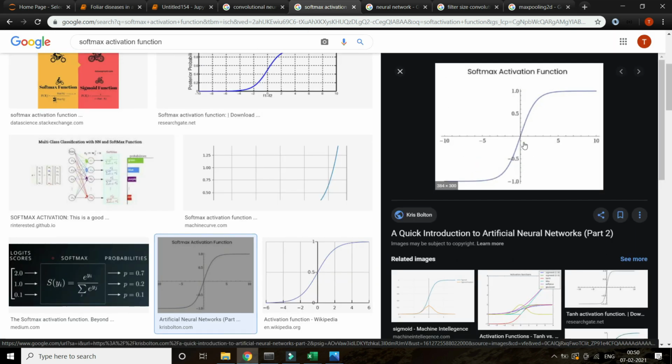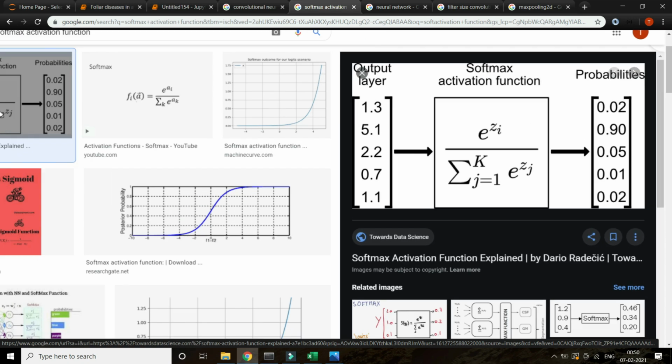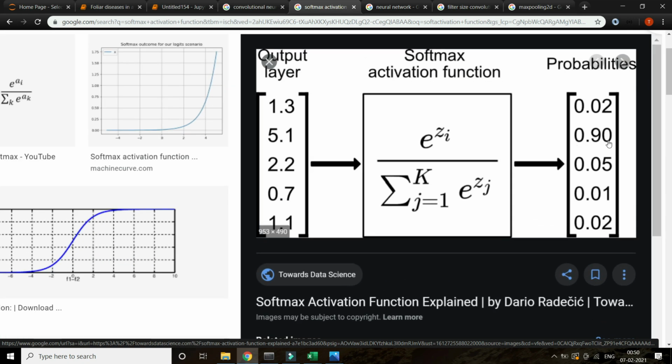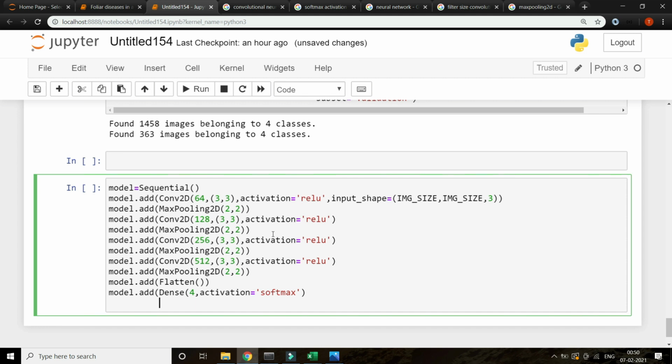Means if your model thinks that I am more than 50% sure that it is healthy, then your prediction will come as healthy. If your model thinks that I am 80% sure, meaning more than 50% sure, that it is having scab, then your prediction will come as scab. So softmax activation function, we used ReLU here, and now we are using softmax. So at last either we use sigmoid or we use softmax. So now